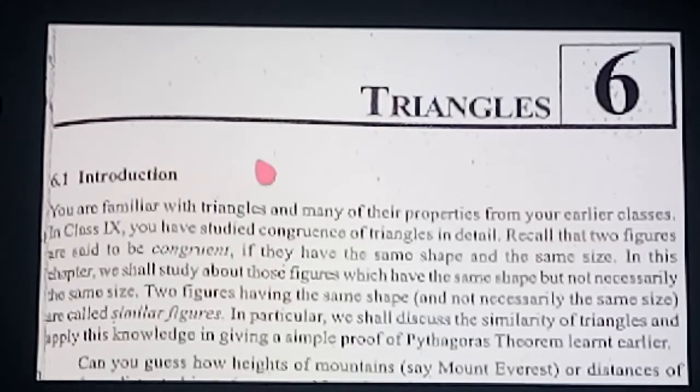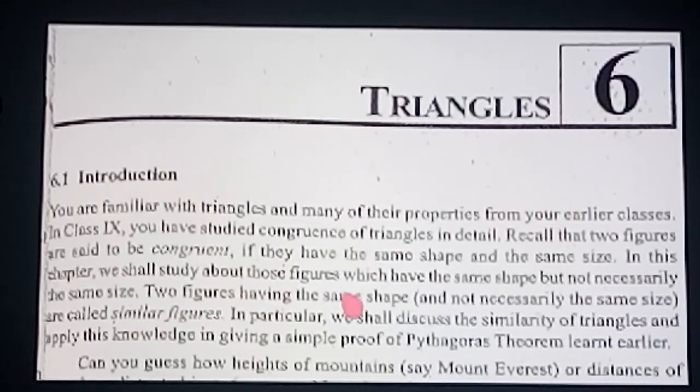Good morning, everyone. Today we will start with a new lesson, lesson number 6, triangles. Very important lesson. Okay. So, triangle, you already know the meaning of the word. A triangle consists of three angles, three sides, and three vertices. Here we are going to study the similarity of triangles. The total chapter is based on similarity of triangles. From this chapter, every year one theorem and numericals, sometimes writers are also asking.